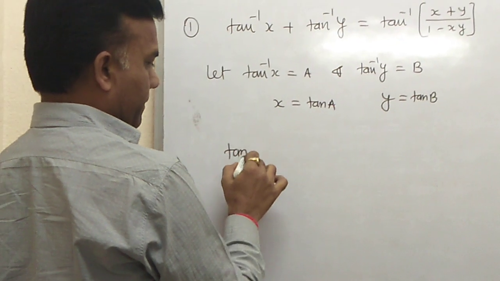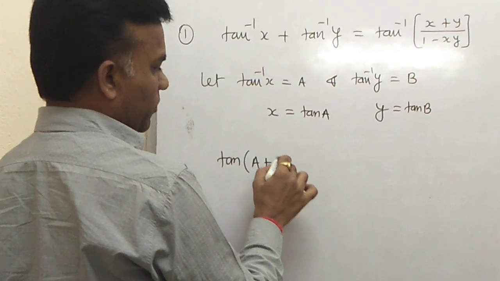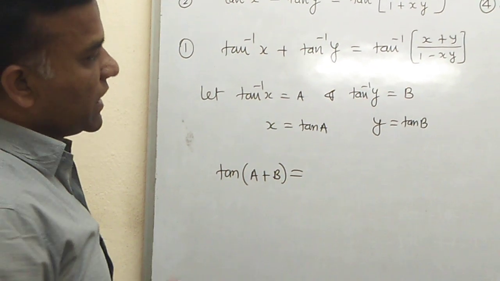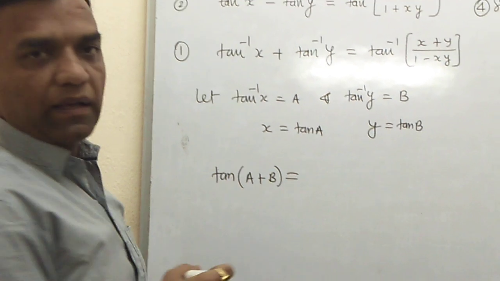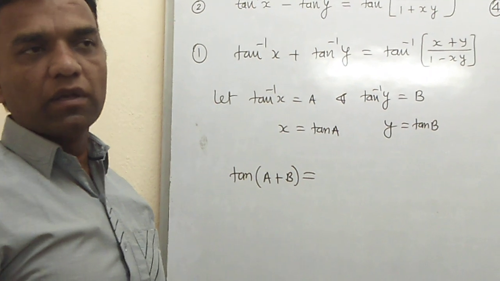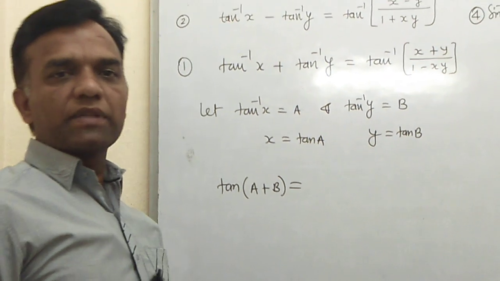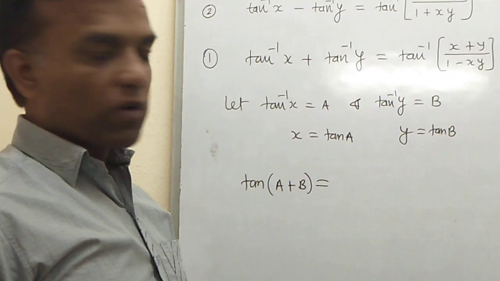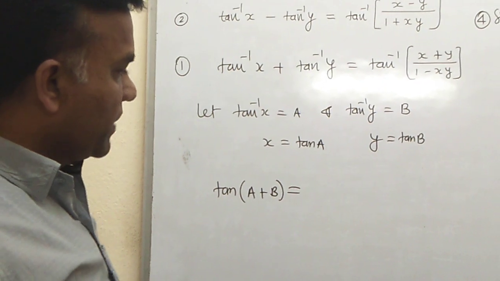Now a plus sign is given between them, so we use the concept of tan of a plus b. Because the tan formula is completely in terms of tan, there is no need to draw a triangle and find other trigonometrical ratios. All terms are given in the form of tan, and only the angles differ, a and b, because here we discuss two angles.